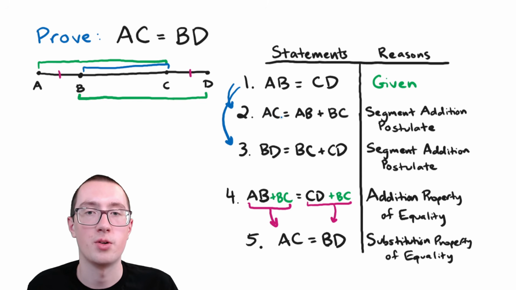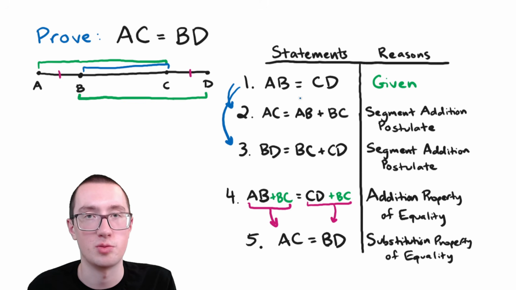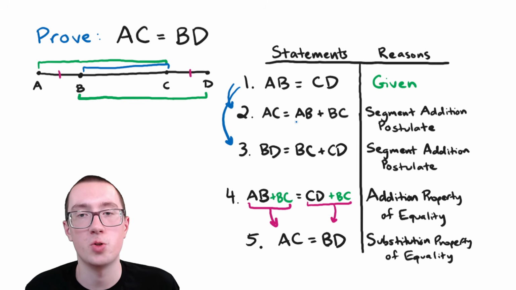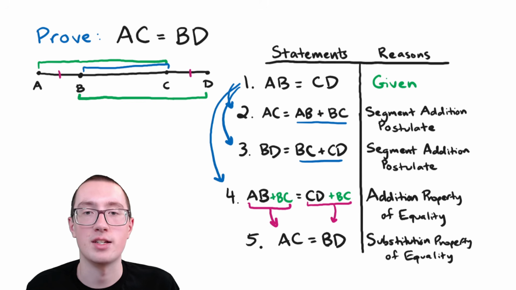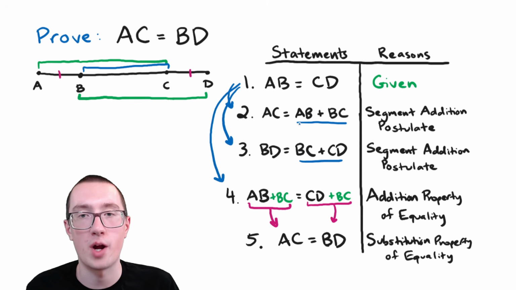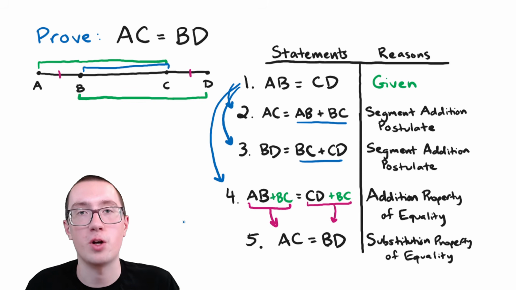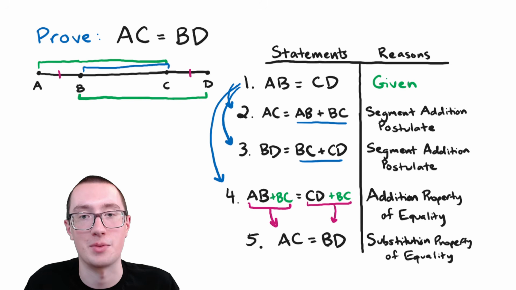We split up our segments into the two smaller parts. So the last thing we needed to do was to prove that these two statements were the same. And the way that we did that was with algebra. So we actually took the first statement again and added BC to both sides to replicate these statements. And then to finish things off, we took our split up line segments and we turned them back into